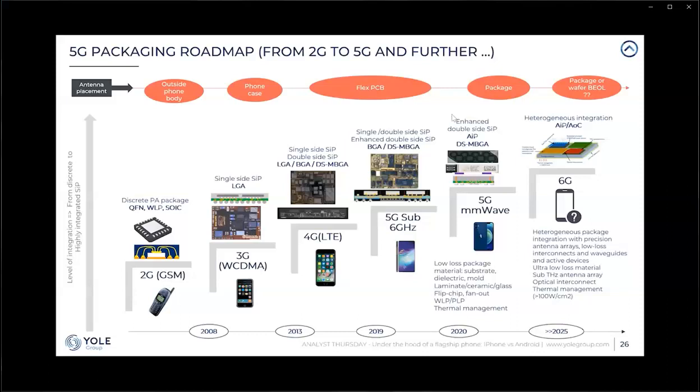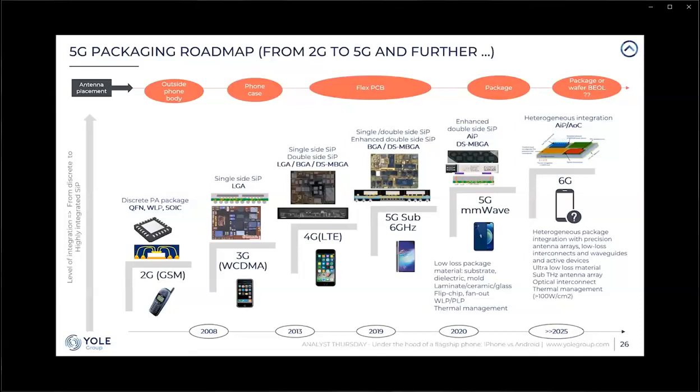And today BGA packages are more and more used because of the possibility to integrate molded double side integration in a molded system. So this way we can even place dies on top of the substrate, on the backside of the substrate. So that's why we call it a double side system in package. And this, of course, can save space in the PCB, and these components are brought closer together.